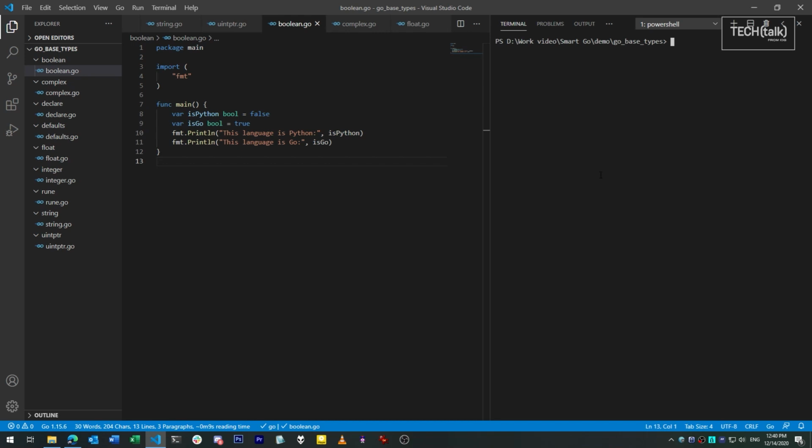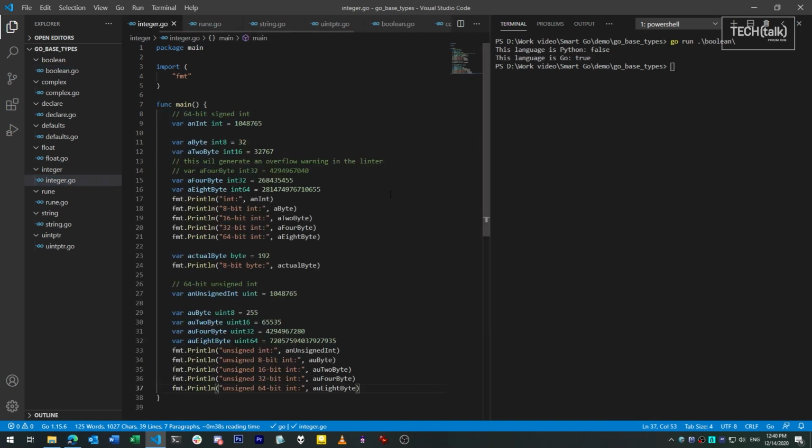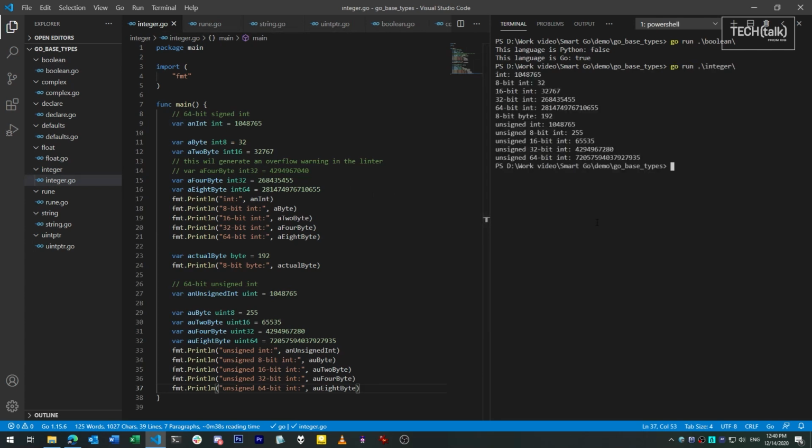The most basic data type in a computer is a bit, or a Boolean, as it's called. That's 1 or 0, true or false. So in Go, we have the bool type, which can be either true or false. Up there, we have the integer types. In Go, you have two basic kinds of integers, the signed integer, int, and the unsigned integer, uint. The default size for both of those is whatever the bitness is of the underlying operating system. Typically, that's 64-bit, since most of us are running 64-bit systems at this point.